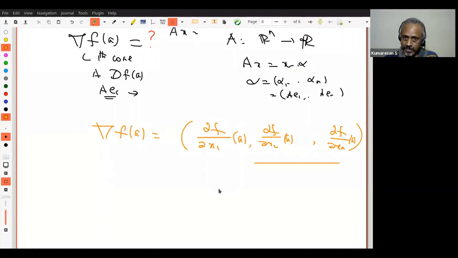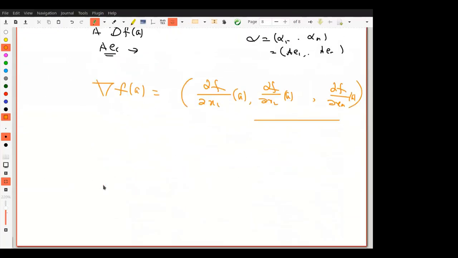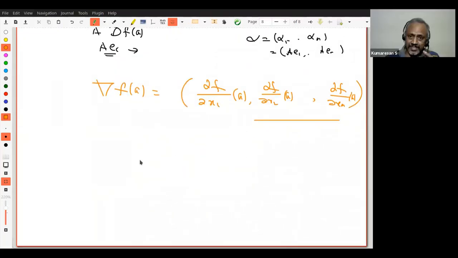That's good. But notice what I said: I do not talk about the gradient of f at a unless the function f is differentiable at a. Why? Because we had already seen in R2, there is a function for which the partial derivatives exist, but it is not differentiable. Therefore, just because I know how to compute the partial derivatives and form that vector, I cannot call it a gradient vector unless the function is differentiable. How many of you appreciate this point? What I'm saying? Take some 10 seconds. If you want, I will repeat. I will give an example also soon.